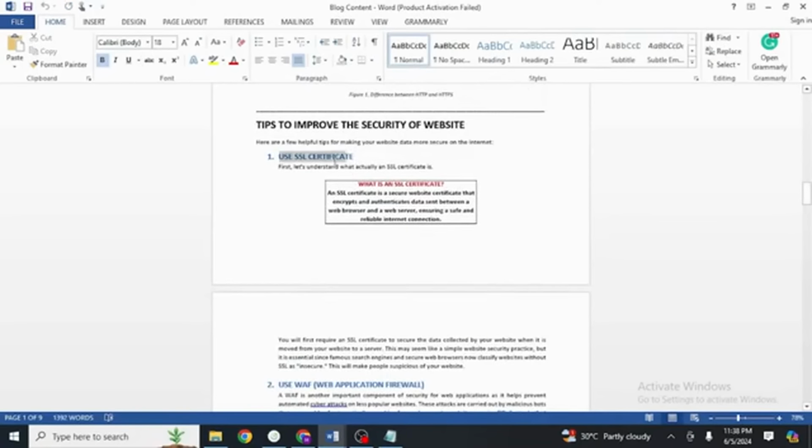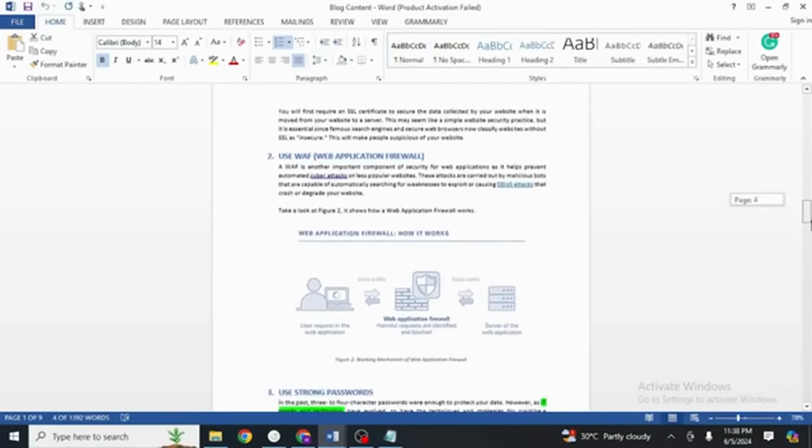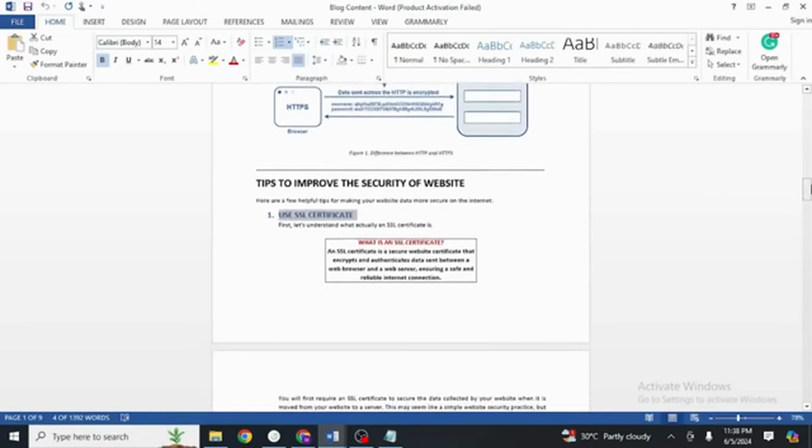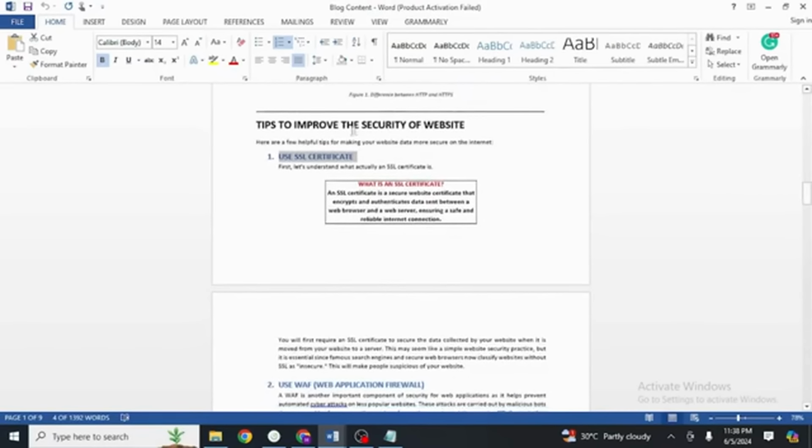We make sure that mostly we try to have content in odd numbers. If I'm giving any tips or any strategy, it is better to give three strategies, three tips, or maybe 5 tips to improve security. It is a good practice to use odd numbers in our content headings.